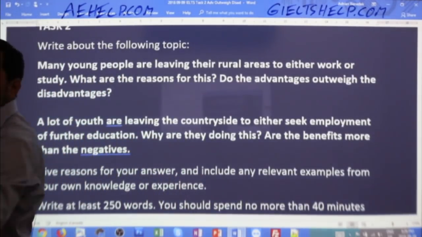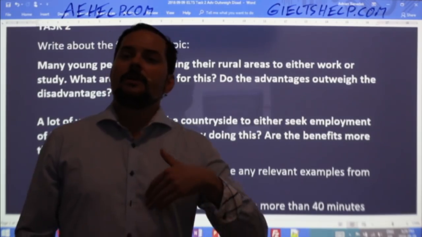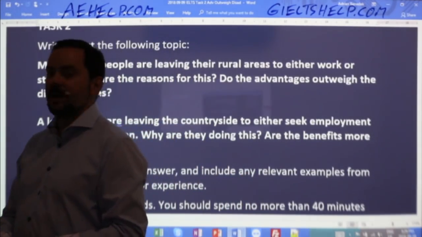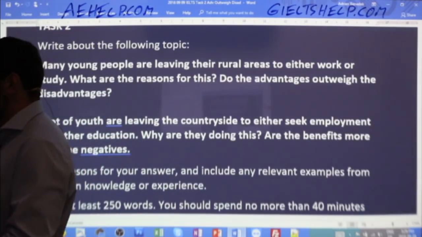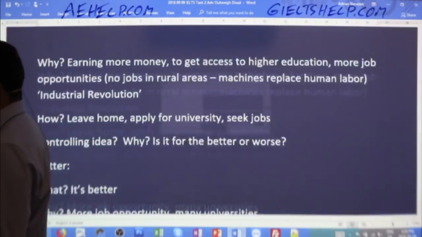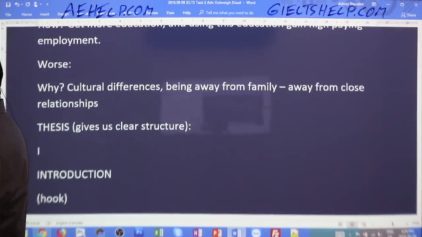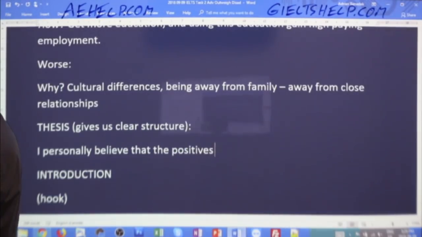Yeah, Mohammed, exactly. So adding that piece of information, hence, this is why the advantages outweigh the disadvantages, makes your thesis statement that much better, okay? So a good thesis statement here then is, let me just grab one of yours, I'll take Manisha's there: personally believe that the positives of this outweigh the negatives